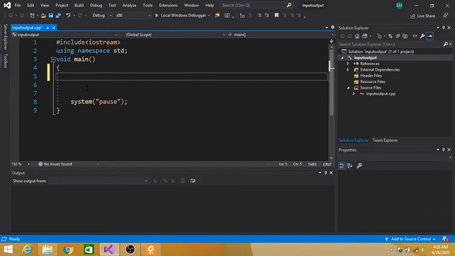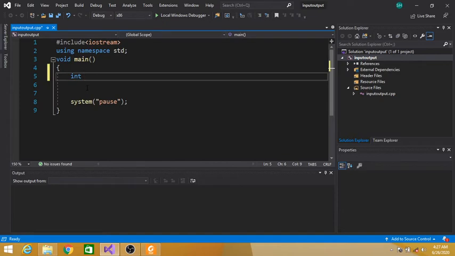How can we do that? First of all, we have to take an integer number from the user, and then we will compare that number with every case to find the name of the day.